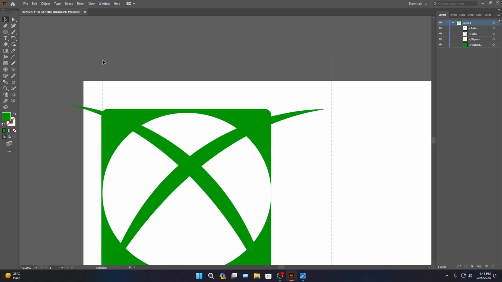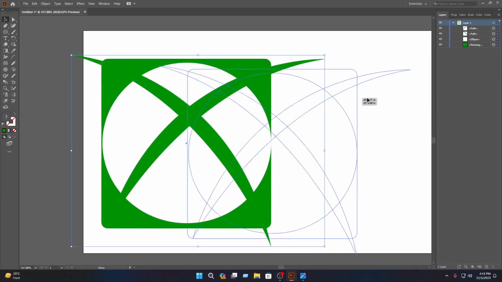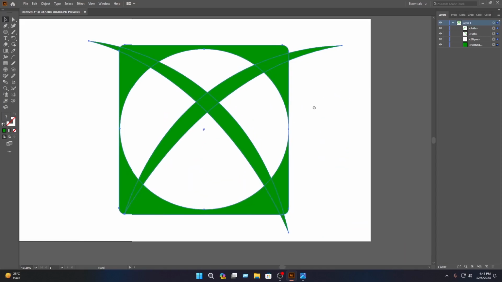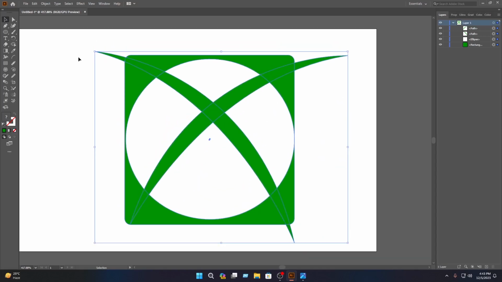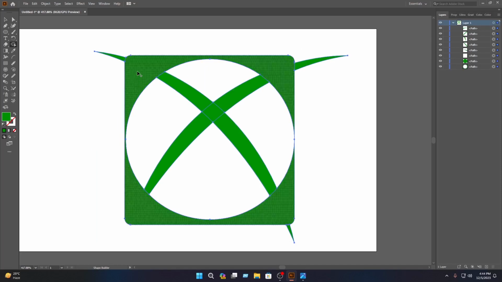After that, you have to select all layers, then you have to drag these layers in the center, then you have to select the shape builder tool, then you have to select this area, then select this area, then select this area, then you have to select this area, then press and hold alt key, then click on here, then click on here, then click on here, then select the move tool, then you have to select these layers again, then select the shape builder tool again, then you have to select this area from here,